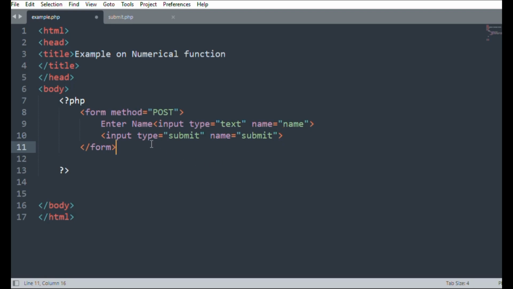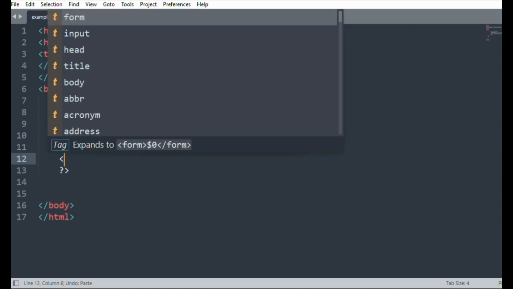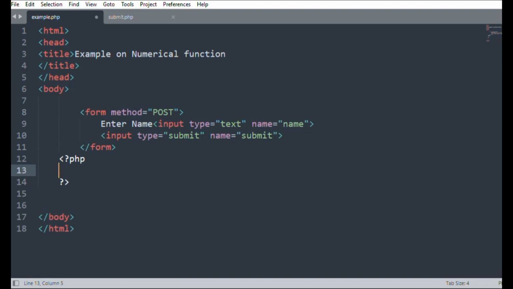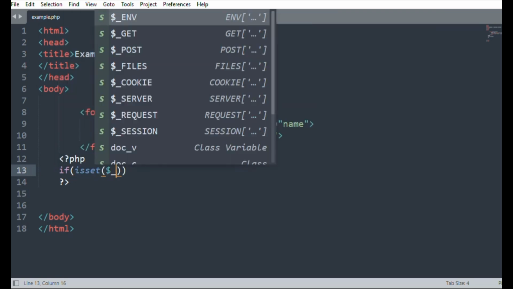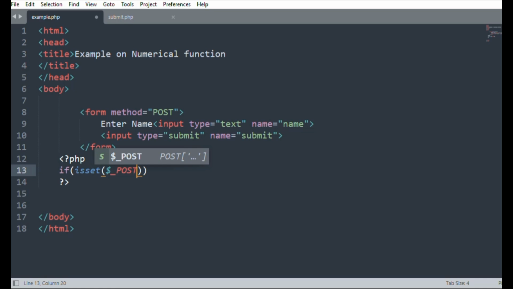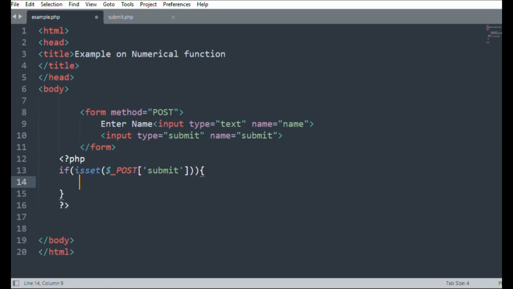Now after that, here I have to start the PHP, and I will check here only if the $_POST method is set, that is submit, and inside this I will give